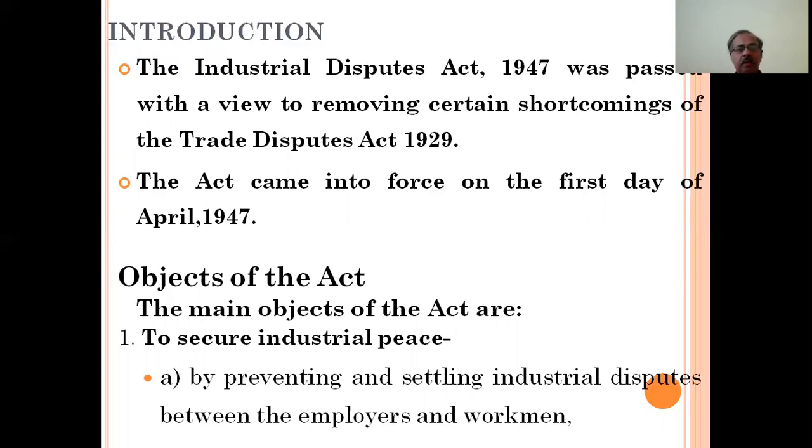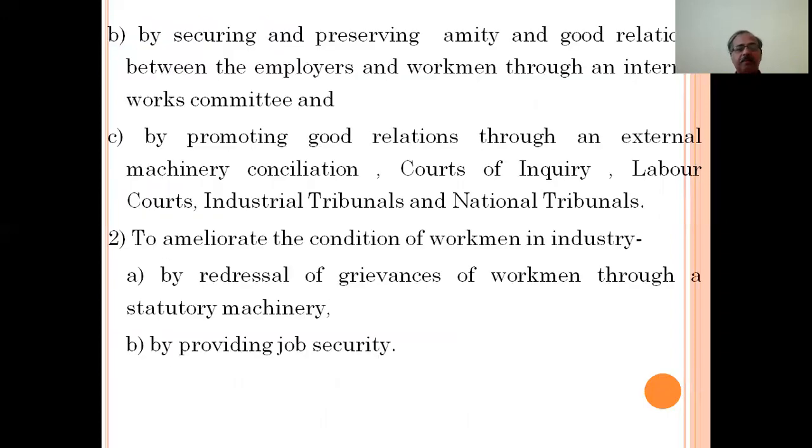Objectives of the act. The main objectives of the Industrial Disputes Act 1947 are to secure industrial peace by preventing and settling industrial disputes between the employers and workmen, by securing and preserving amity and good relations between the employers and workmen through